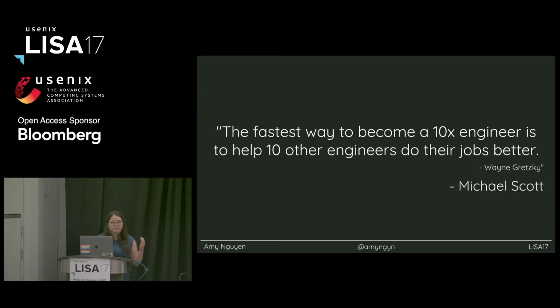And so now I want to talk about one of my favorite quotes about software engineering, which is, the fastest way to become a 10x engineer is to help 10 other engineers do their jobs better. I don't know who first said this. I think it's just one of those isms that floats around the internet. But I think it's a really comforting thing for an infrastructure or system administrator to hear, because if you're a product engineer, it's really easy for you to say, I built this feature, I can measure the engagement, this many users came back to use my feature, I've created value for this company. And when you're on the infra side, you're kind of like, oh man, my work is supporting this company, but it doesn't directly translate into business value.